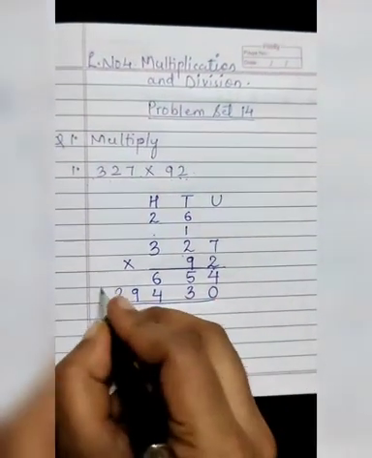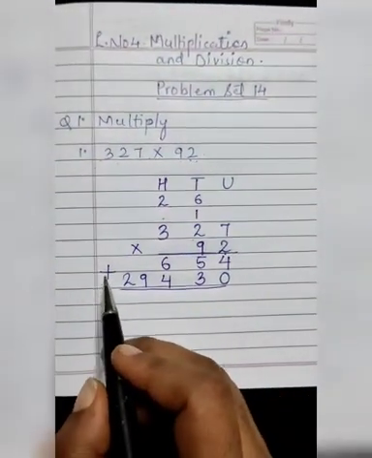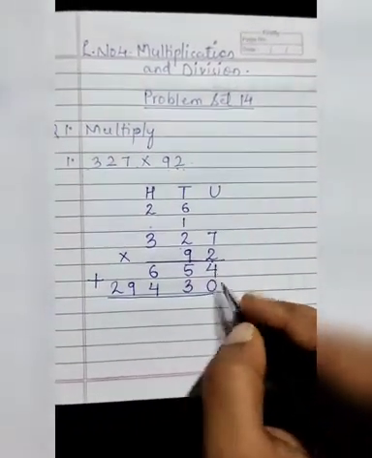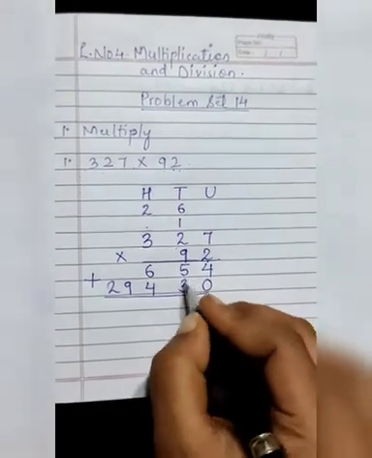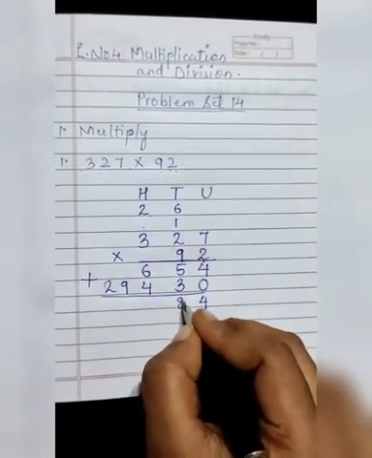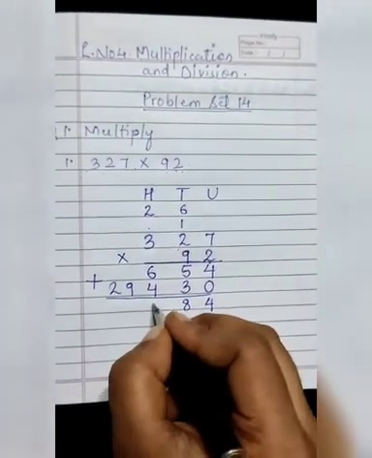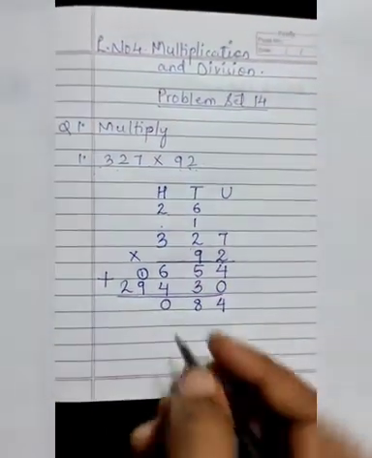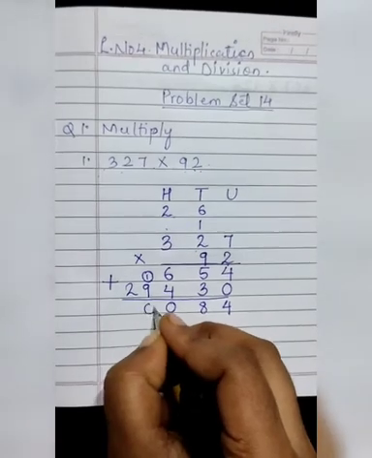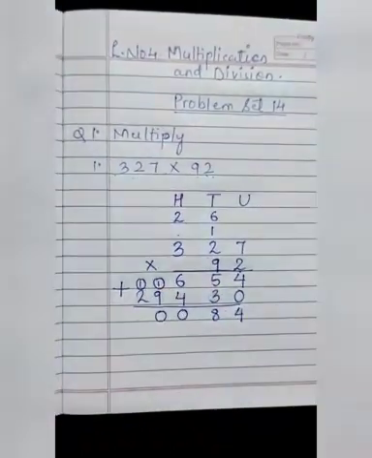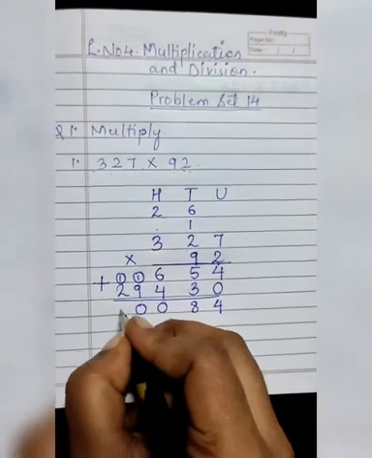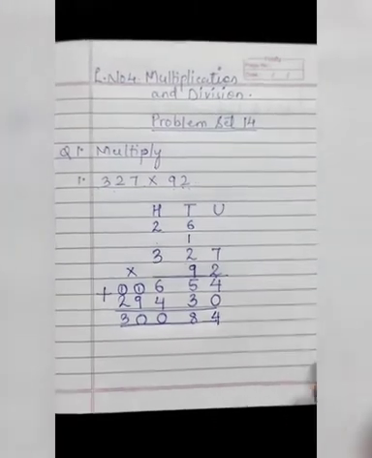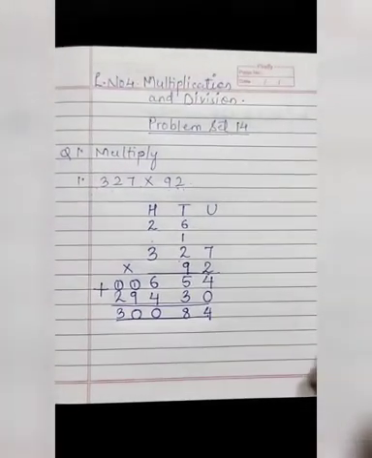Now we are going to add both these numbers. Always remember to write the plus sign over here. Now 4 plus 0 will be 4. 5 plus 3 will be 8. 6 plus 4 will be 10. So 0 I am going to write here and 1 I am going to give the carry over here. 1 plus 9 will be 10 again. So 0 I am going to write here and 1 carry. Then 1 plus 2 will be 3. So your answer is 30,084. See, this is the way you have to do the sum.